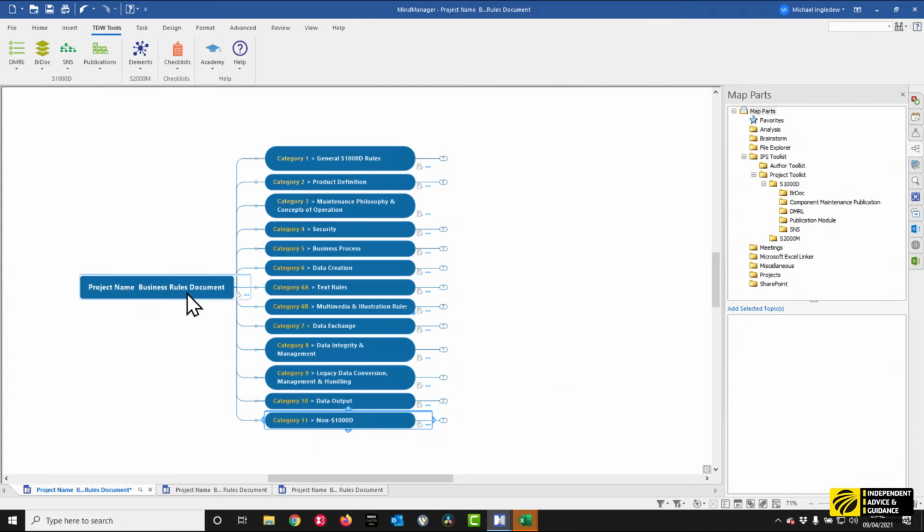So as we work down the map, you can see that we have the tooltip as we work down the categories, but we also have attributes at the category level as well. So we can set, again, this is MindManager capability, an attribute here that is for this particular category 1. And if we